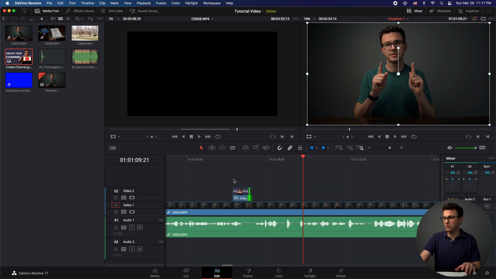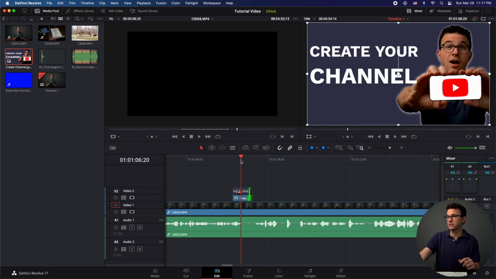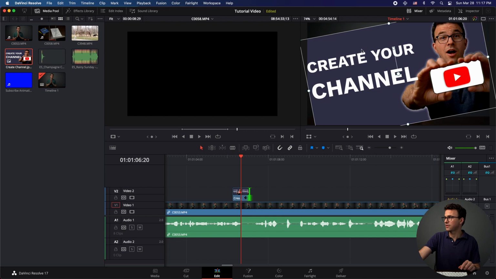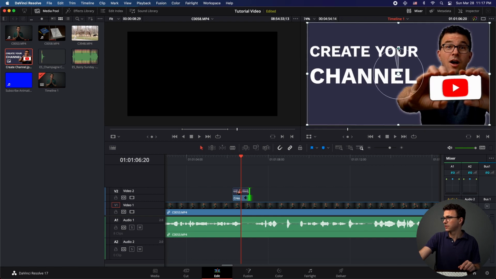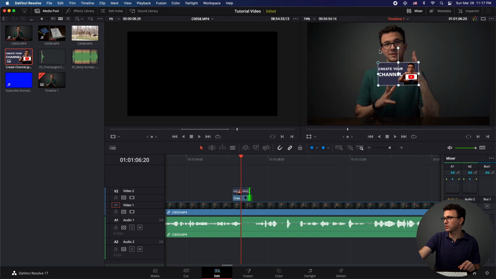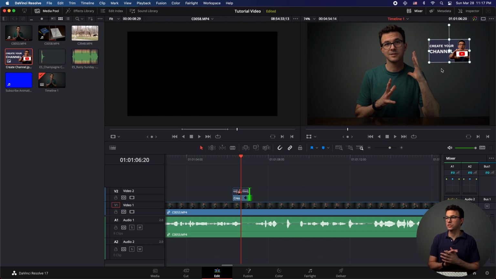What you're going to see here again is that this is taking up the whole screen. But if this is on, there are different options here. If it's on transform and it's selected, you can see this would essentially rotate it if you drag right here. If you grab one of the corners, you're going to shrink the size. So if I want to mention the how to create your channel on your phone video, we can have it come on screen like so. Let's say I want to add a sound effect, like a pop sound when it comes on.